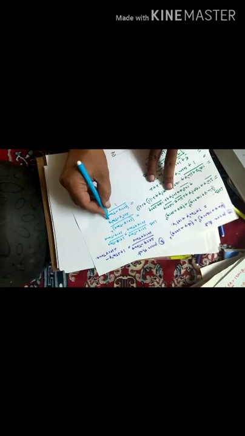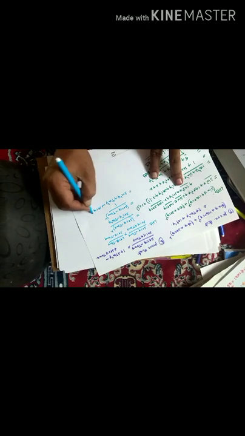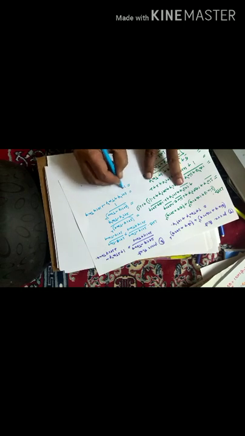Because sec square theta minus tan square theta is equal to 1, that's why I wrote 1 here. So you will get sec square theta plus tan square theta minus 2 sec theta tan theta. Why? This is in the form of (a minus b) whole square, a square plus b square minus 2ab. That is equal to sec square theta, I can write it as 1 plus tan square theta, plus tan square theta minus 2 sec theta tan theta.